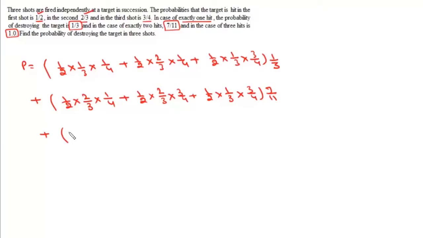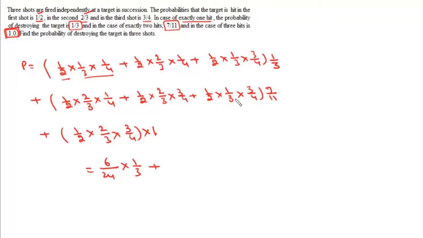three. So if the target is hit by all three shots, it'll be 1 by 2 into 2 by 3 into 3 by 4, and then if all the three shots hit the target, probability of destroying the target is simply 1. So we'll multiply it with 1. Now this is 12, 24, and this is 6. So it'll be 6 by 24 into 1 by 3 plus, now this is again 24, and this is 6,